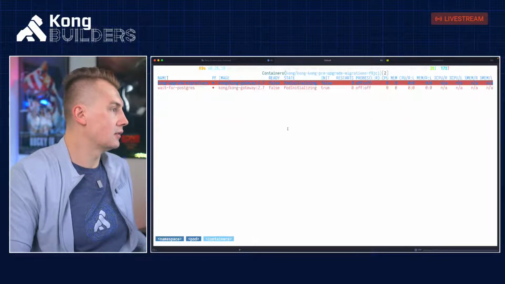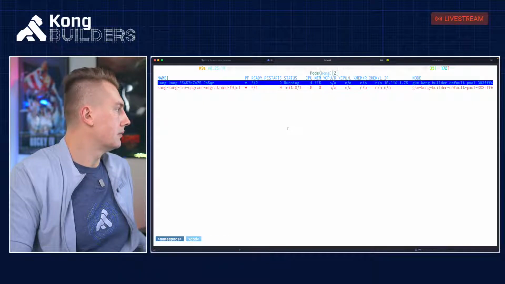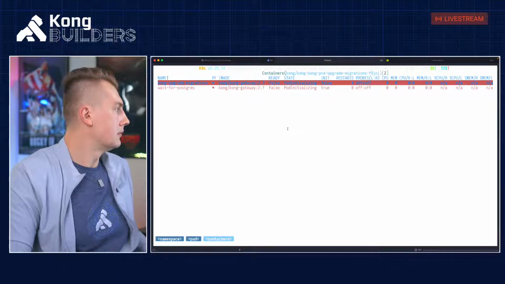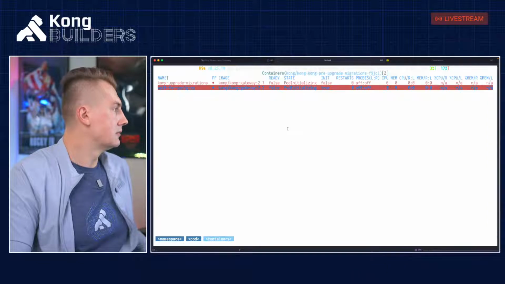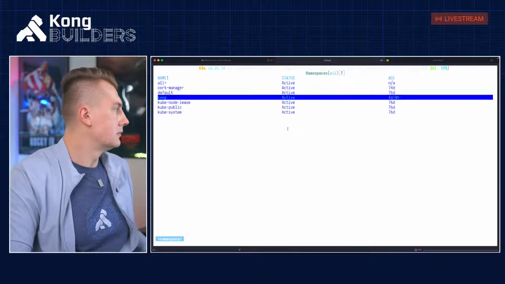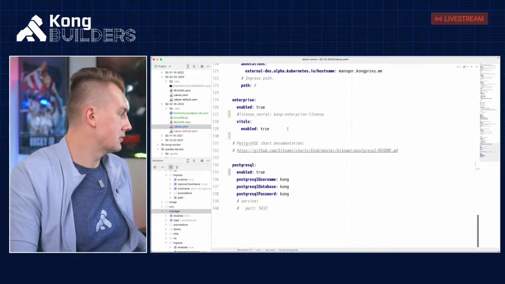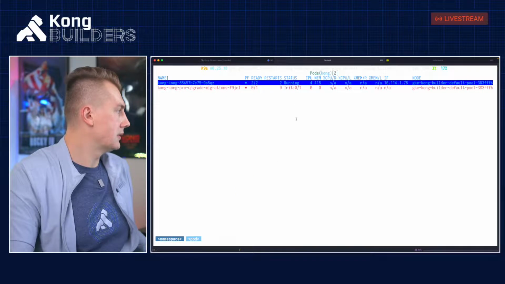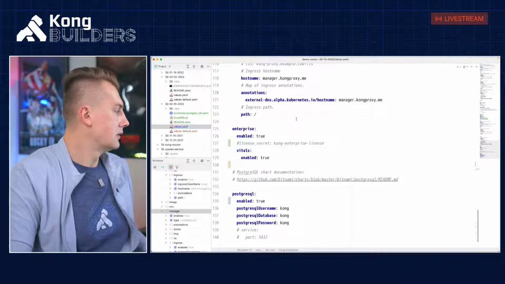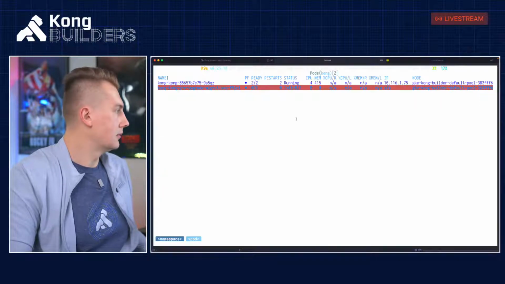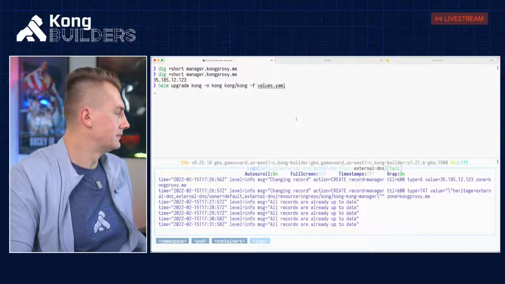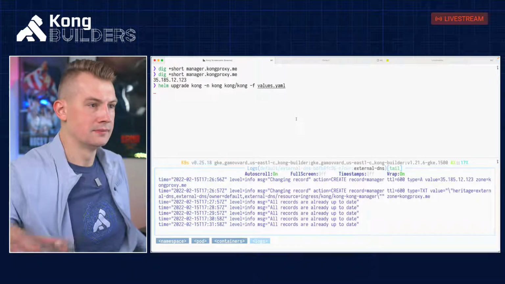So we're waiting for Postgres, and it doesn't seem to work. Enable true. Postgres should appear here anytime now. Anytime now.